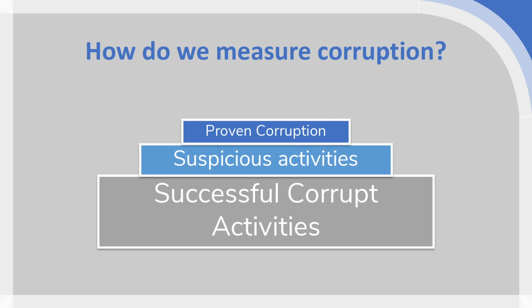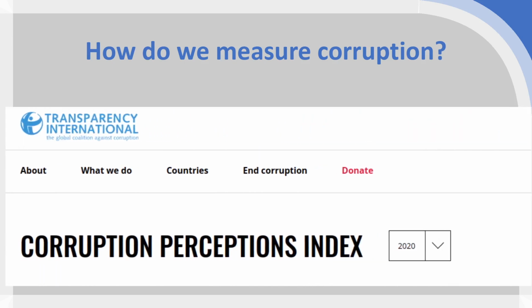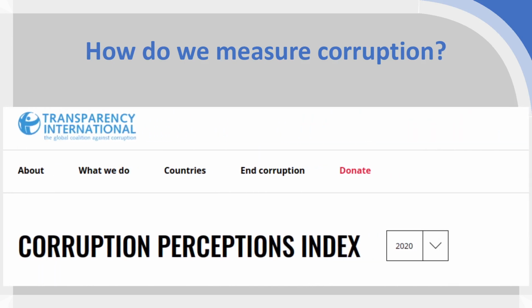There is one index which is usually brought up as extremely popular, and is actually used not just in public debates and newspapers, but also by organizations, international businesses when they're trying to make investment decisions, aid agencies when they're trying to develop aid programs, and governments as well. And that's Transparency International, a non-governmental organization specializing in corruption, who publish a corruption perceptions index, which is very, very